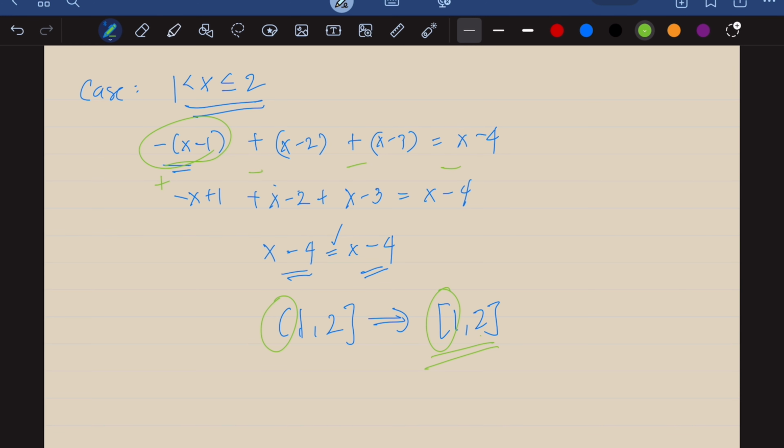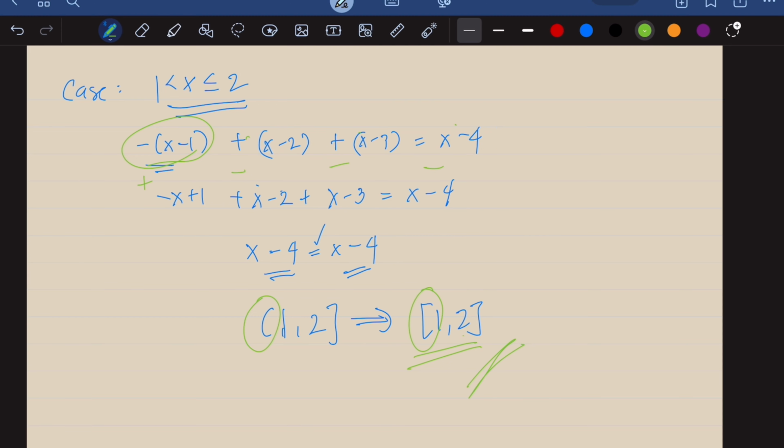However, it doesn't matter because if we multiply both sides by negative, we are just flipping the sign. So we just get the negative here, positive here, positive, and positive on the last side. So all goes well here. We have not made a mistake here. So this solution set still holds.